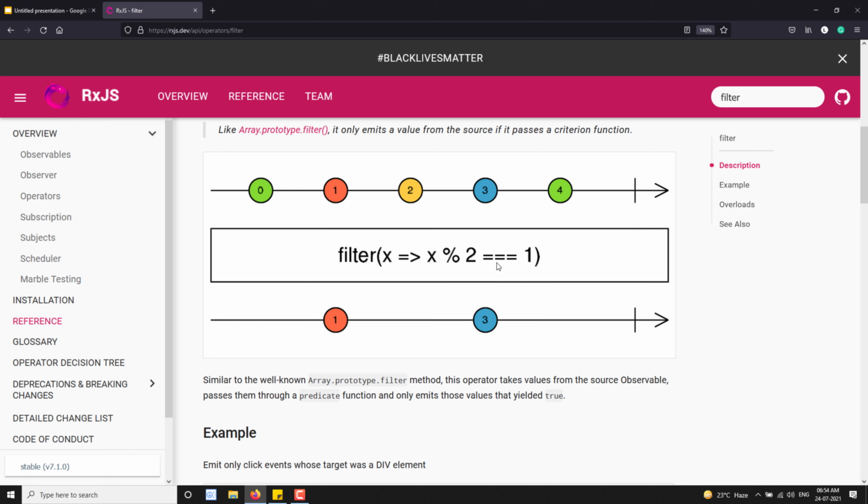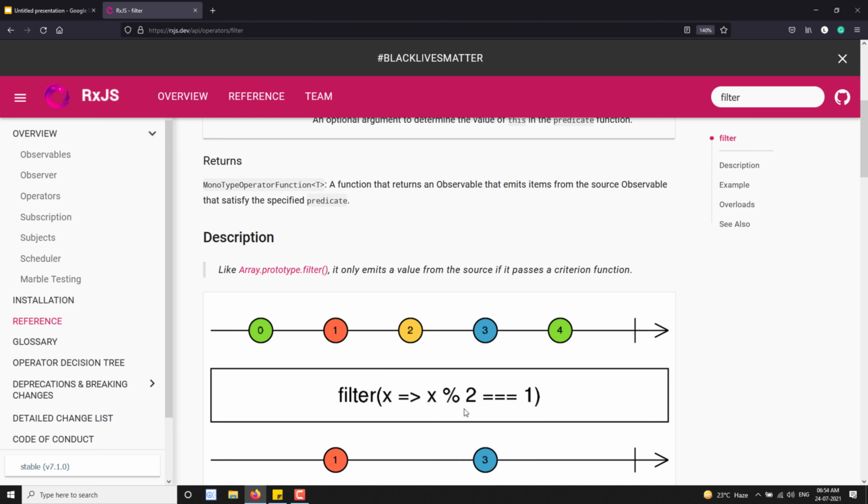Now it is checking 1. Okay, it is 1, so the condition is true. So then it is sending it to the output observable. It is checking the 2. So not true, so it is not sending the 2 value. 3 means okay, it is sending. 4 means it is an even value, it is not an odd value, so it is not sending. So like this, it is filtering the source observable, deciding which values are to be sent to the output observable. Okay, so this is the marble diagram. Hope you understood about this marble diagram.